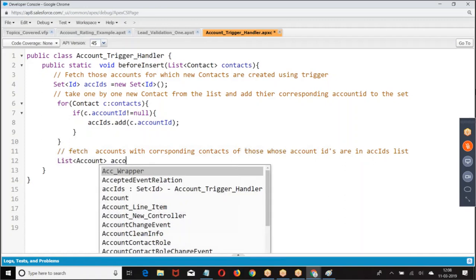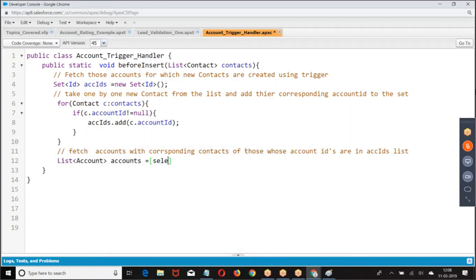It is a parent-child SOQL query. How do you write it? Select parent 1, parent 2, then select child 1, child 2 from childs, from childs, where ID in the list. Then we got the list of accounts with the corresponding contacts.